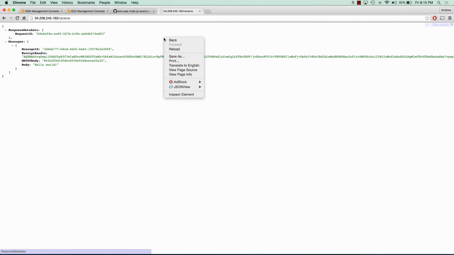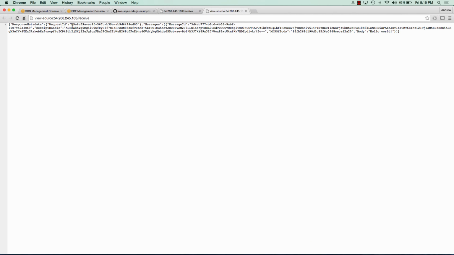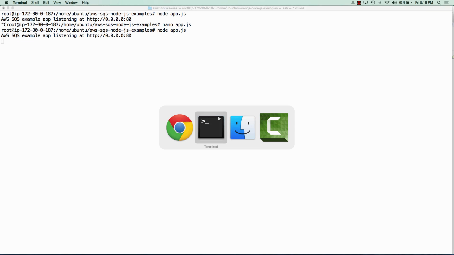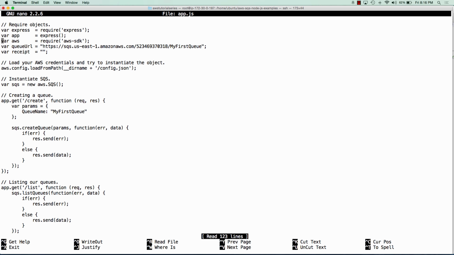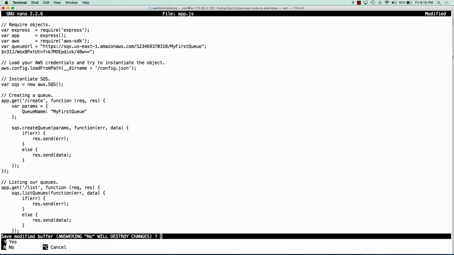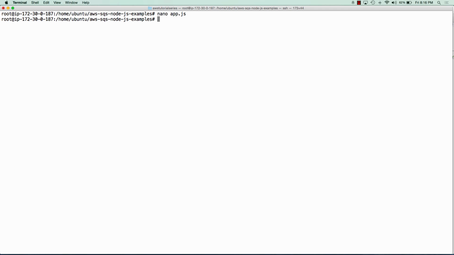So if we jump back over here, we need to copy this receipt handle. This will just be easier if I view my page source. So I need to copy this receipt handle, and just like we edited the SQS URL, we're going to do the same thing here with our receipt handle. And we're going to close out, and we're going to just edit our app.js. And where it says var receipt equals, we are going to change this to our receipt ID. And what we're going to do with this is we're just going to delete that message. So if we start Node back up,